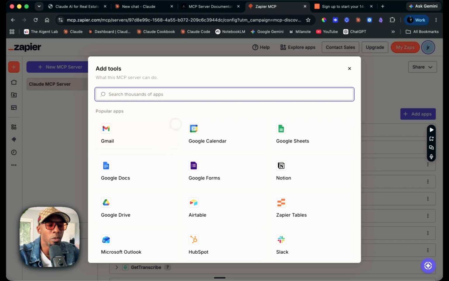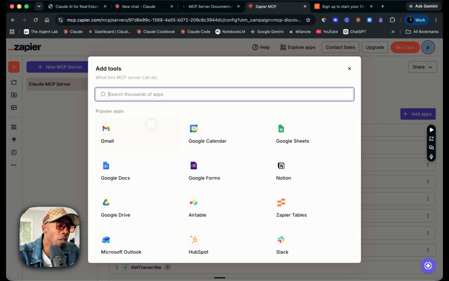This is where you're able to add additional Gmail accounts. So I get a lot of people that have multiple Gmail accounts. You can give Claude a Gmail account, and you can create other Gmail accounts inside of Zapier. You just will have to call out that particular account when you're using it. So you're going to have to give it the email that it's connected to. That way Claude knows which one to attach it to,